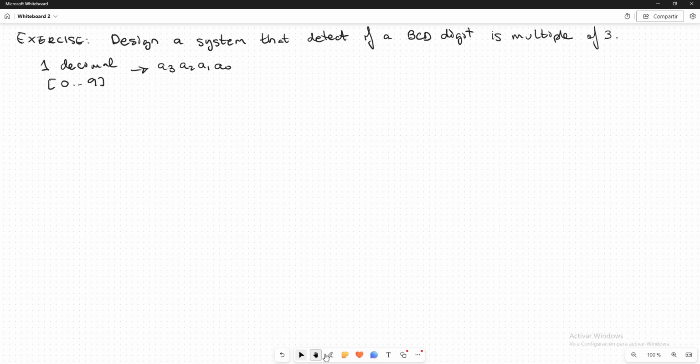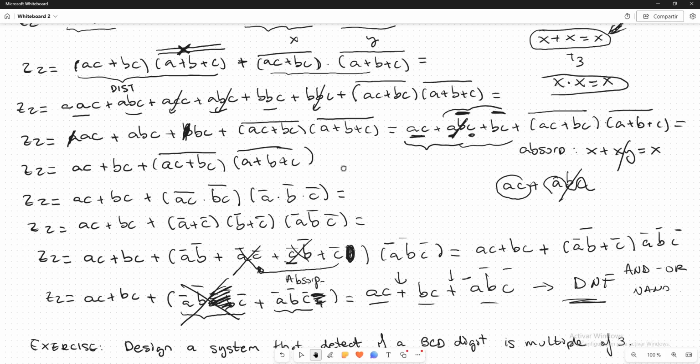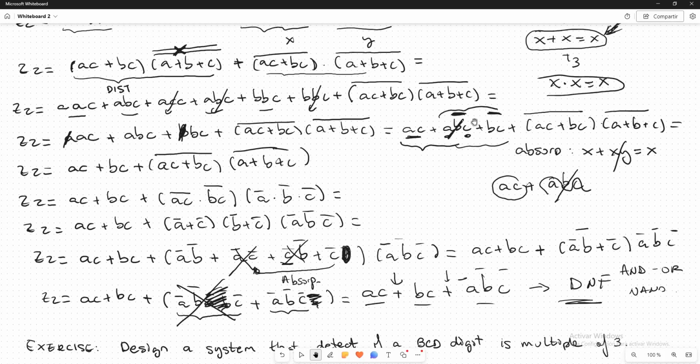Well, just a comment about the previous, before I forget it. When I'm solving this, you may see that when I calculate the products, for example here we have ABC, I always sort the terms. If I have ABC, I don't write BAC or CBA. I always follow this order from the most significant variable, because if I always follow the same order, it's going to be easier to see